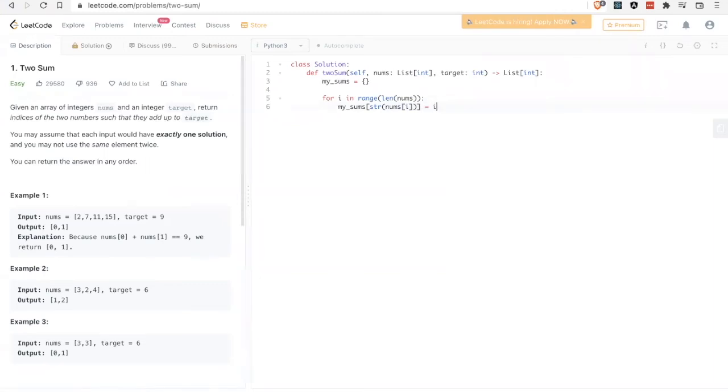So now that we've been able to keep track of each number and its index, we'll also have to check if a number adds up to the one that's in the hash table already. So that means that we can check if target minus nums[i] is in the hash table.